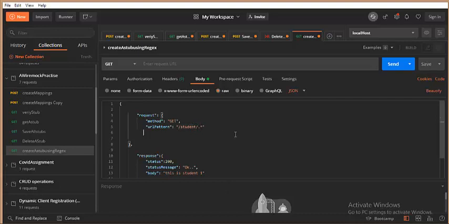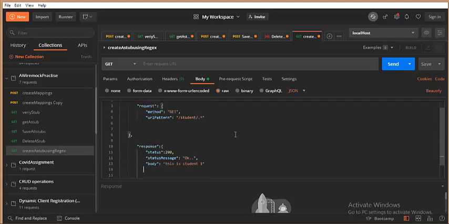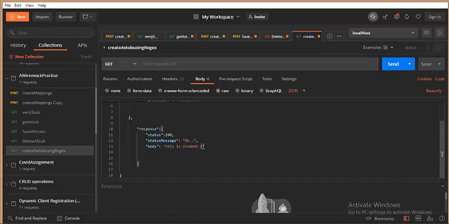Similar thing: after student, I'm not considering whatever comes later. I'm going to return a response saying that this is student data matched with regex. Regex endpoint. So when somebody hits this endpoint with any other number, they are going to get this particular body message.